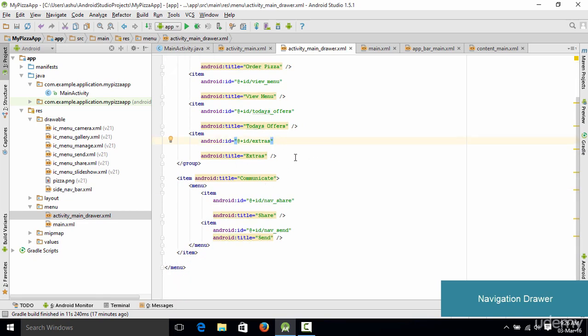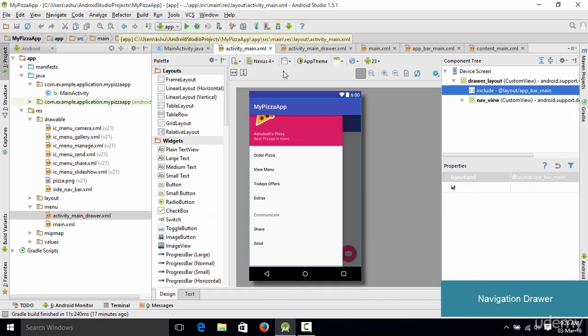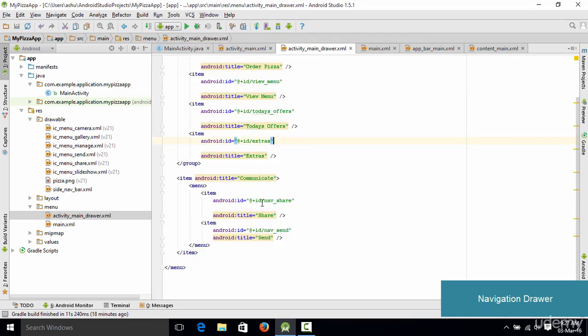So once we are done with this, when we switch to this activity main, as you could see, now the options have been changed here. And also what you could do is that you could also make changes to these things. So let's say we want to mention our contact number here, so we switch here and we are going to change this to, let's say, contact us, and let's change this to contact us.